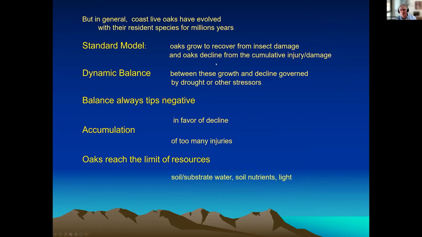I'm sorry, I'm getting ahead of myself. I was going to start talking about... I'm rushing because I'm trying to give enough time for Jolene and Tom and the people who really can tell you about gold spotted oak borer. But anyway, let's go back really quickly to talk about the interaction of